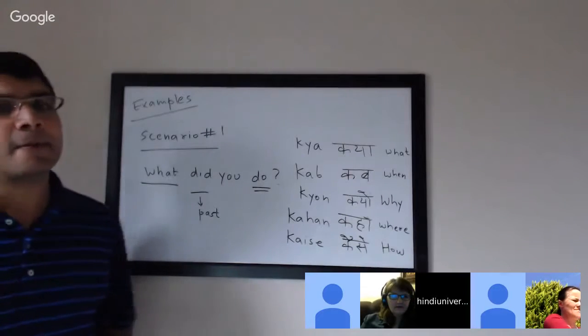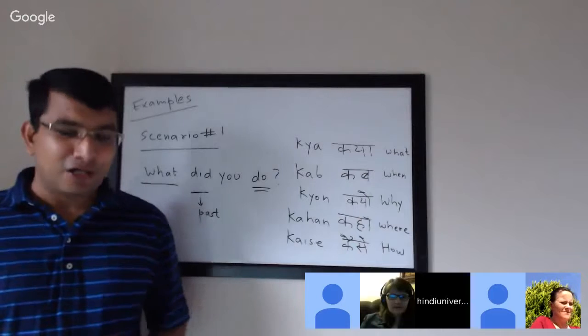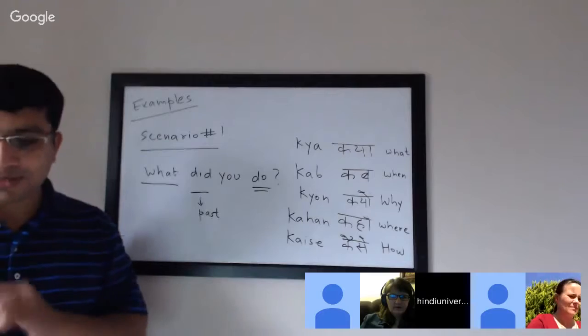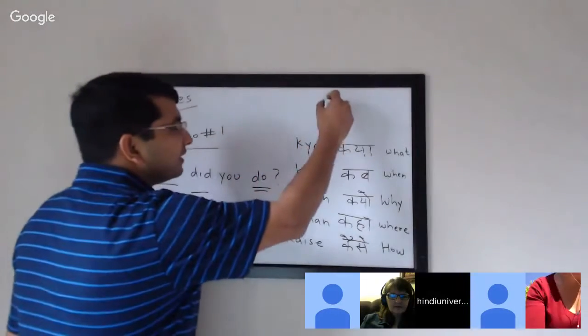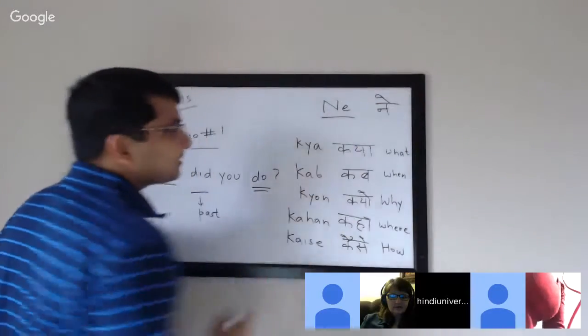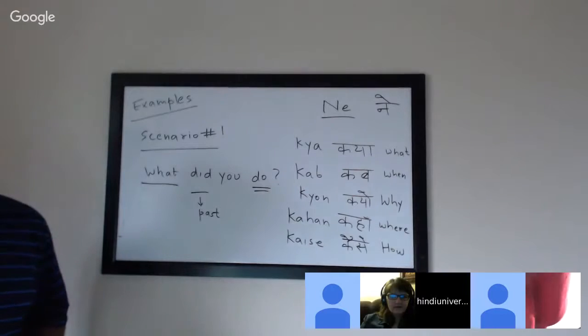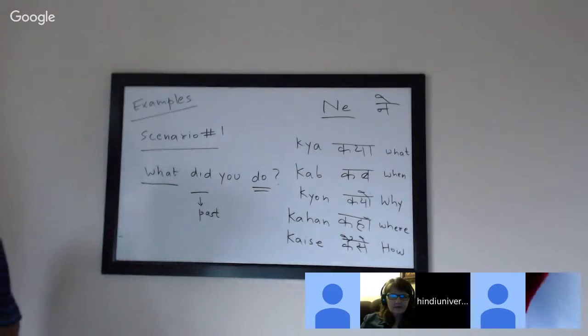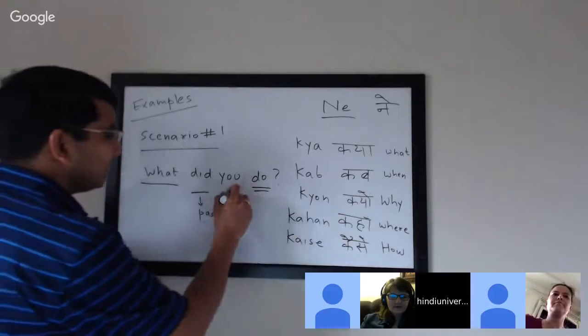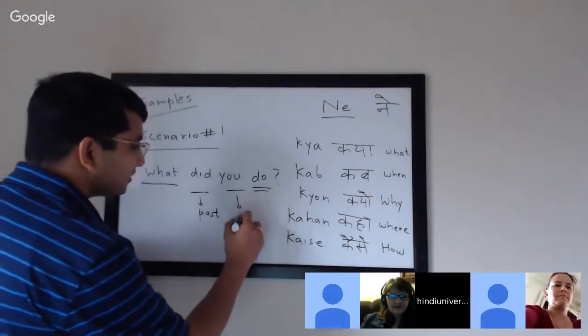If you remember, I also mentioned in the last class that karna is a transitive verb. So when you're using karna in the past tense, you will see a postposition called ne with the subject. Now write it again. You remember that? With all the pronouns or subjects that you have, you will be using ne. And the pronoun here, you, is nothing but aap.